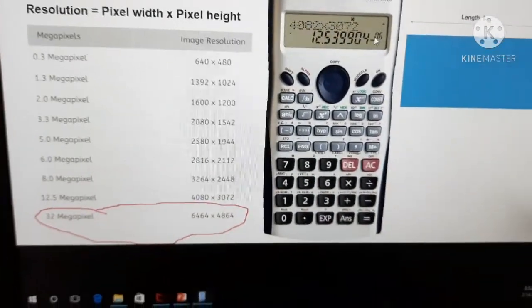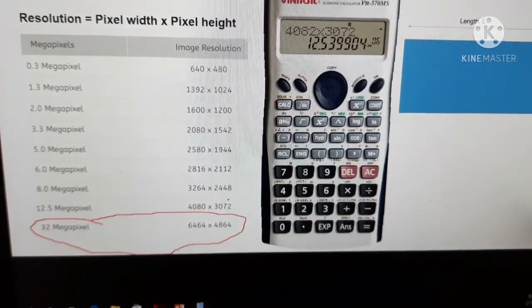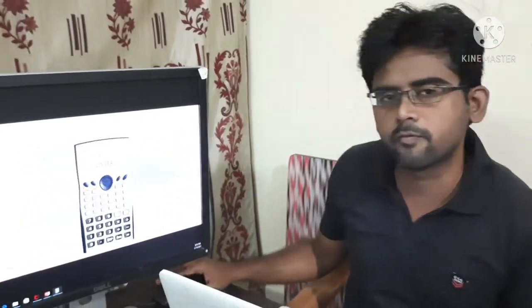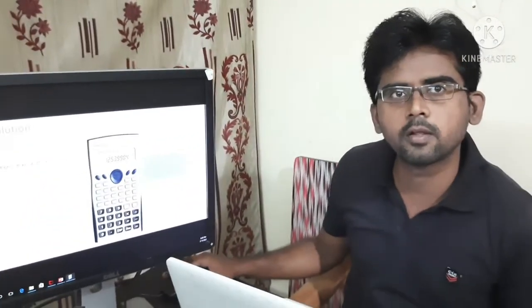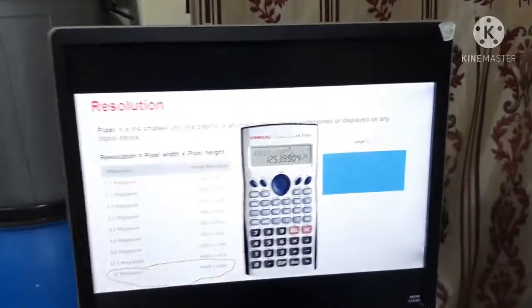This is how we can understand it with respect to length and width. If you multiply length and width in the rectangular image, you can know the area, and in that area, how many pixels are there. So that is the number of pixels your camera is capable of capturing in the image. Depending upon your camera resolution, you will have that many pixels. Now you will see what is pixel density.